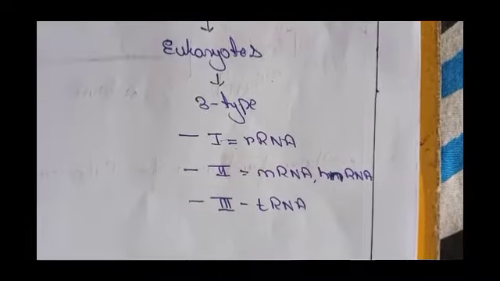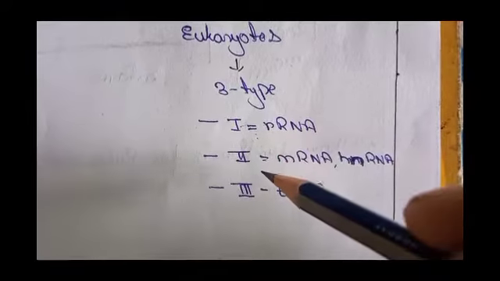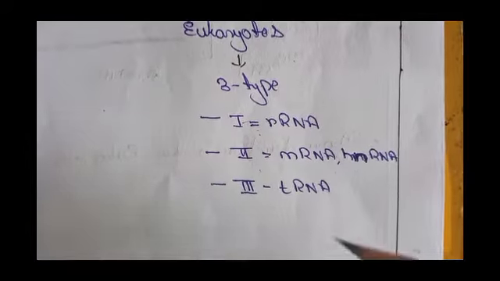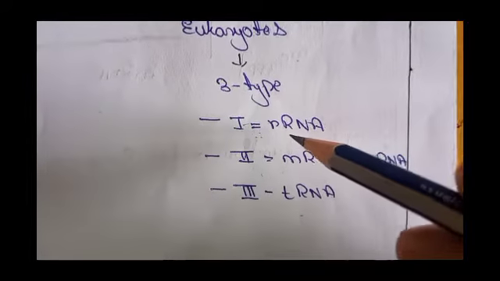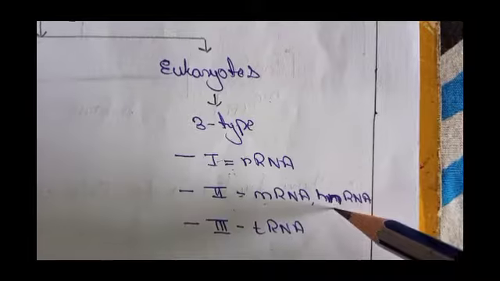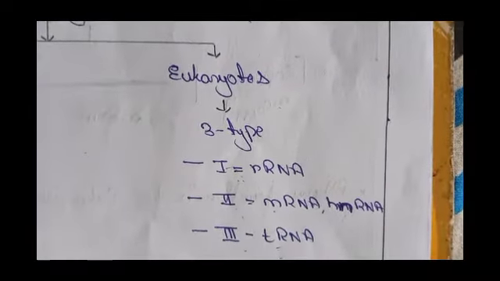But for eukaryotes there are three types of RNA polymerase: RNA polymerase 1, RNA polymerase 2, and RNA polymerase 3. One codes for rRNA, one codes for mRNA and hnRNA, and one codes for tRNA. Okay,